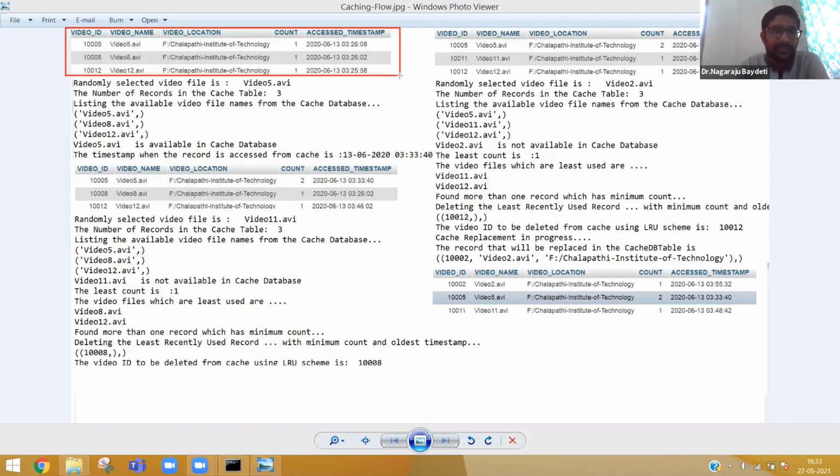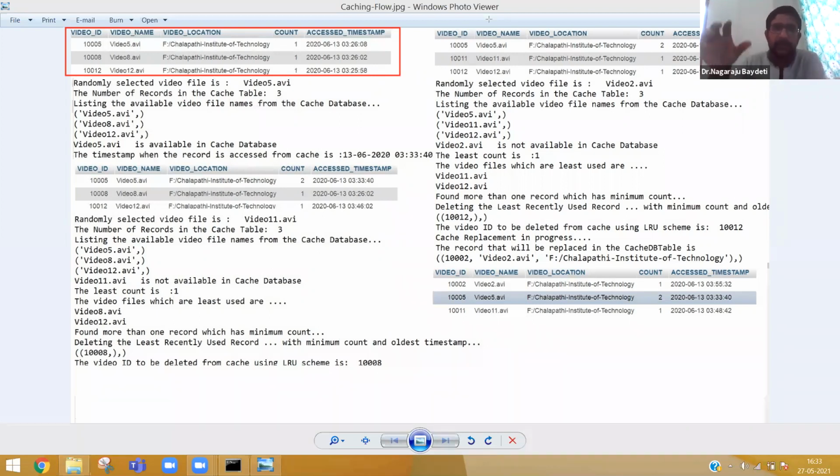Imagine a situation where there are 3 videos: video 5, video 8, video 12. Even though there is a video here, we are not going to store the video. We are only going to store the location of the video, just to simulate the cache.